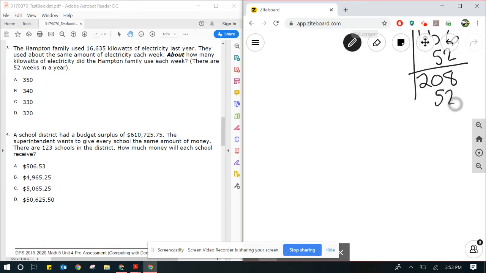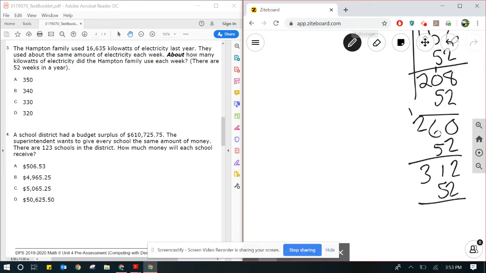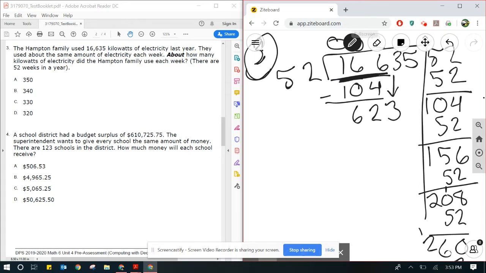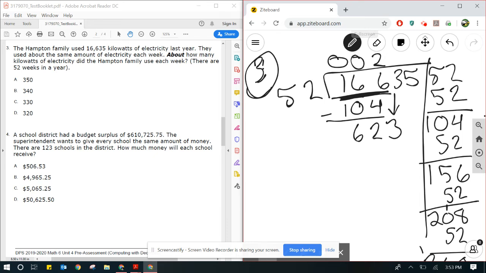I've got 52. That's 0. Carry the 1, 6, 2. 52. 2. 1, that's 312, 52. This is 4, 6, 3, 52. This is 4 plus 2 is 6, 6 plus 5 is 11, carry the 1, that's 416, 52. I get 8, I get 6, I get 4. So let's go back up and see where we're at. I'm trying to get to 600 and